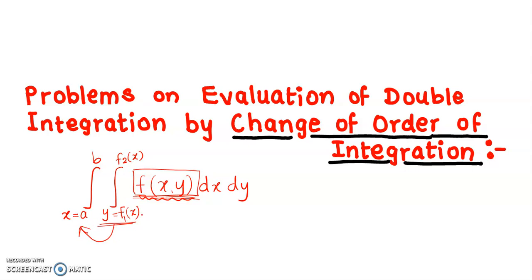Means instead of a variable range for variable y, we take a variable range for x and a constant range for y, and then take integration with respect to x first. So this is the general way to identify examples on change of order of integration. Here there are two important things. First, f of xy. This function will tell you, for the given range of integration, whether to go for the change of order of integration method of solving or not. So here we need to identify the range of integration, and from f of xy we can identify the method of solving. Now let's get back to one problem.